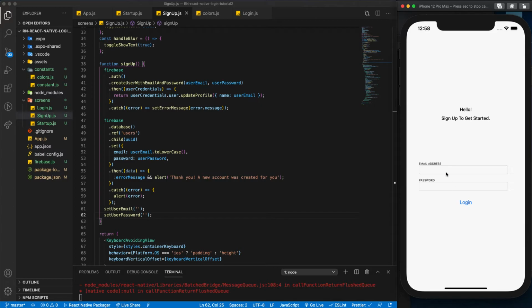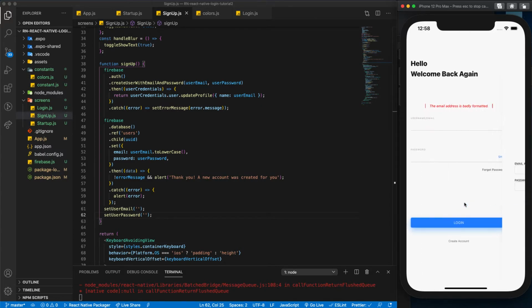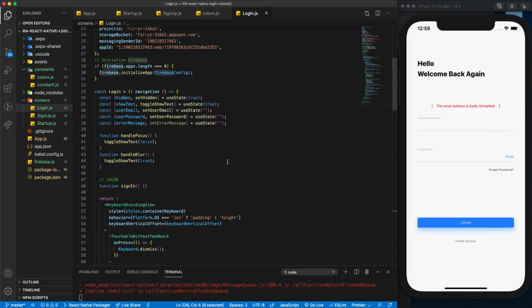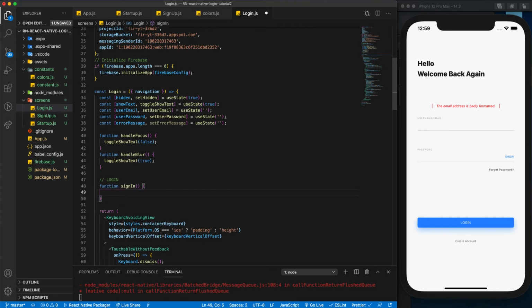Now we're signing in. So let's go back to our login page. Now we need to input the information and go into our account, into somewhere to go to the next page. So we go to our login page, and all we need to do here is go to our sign in page and the function we created, and we're going to say